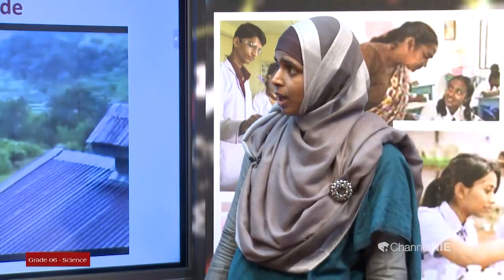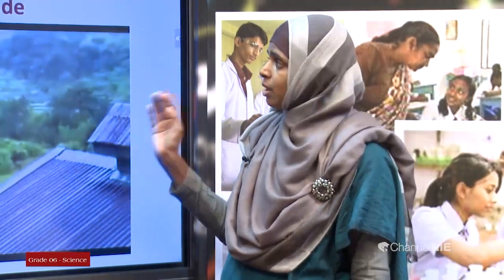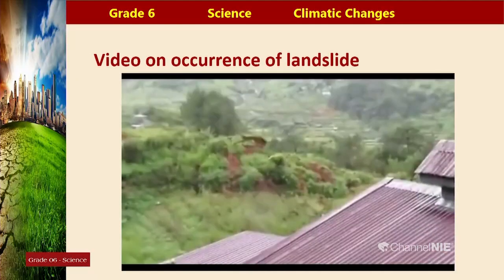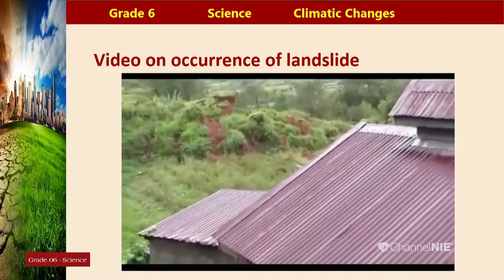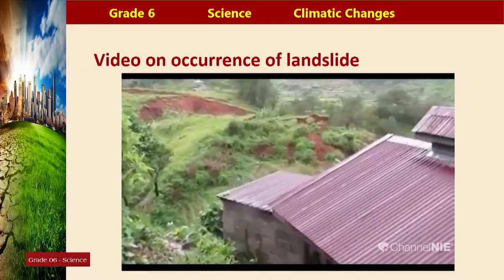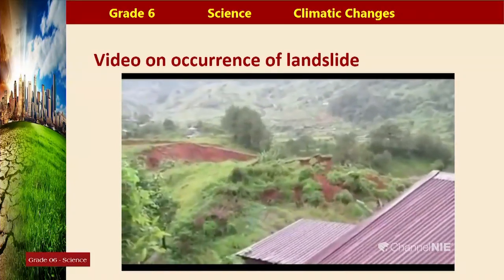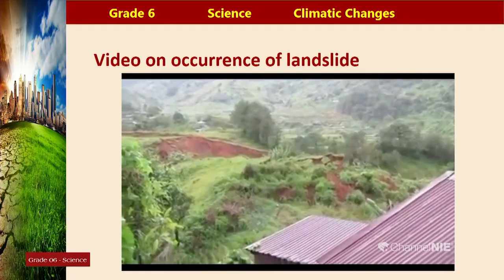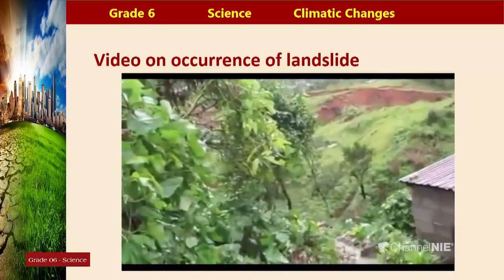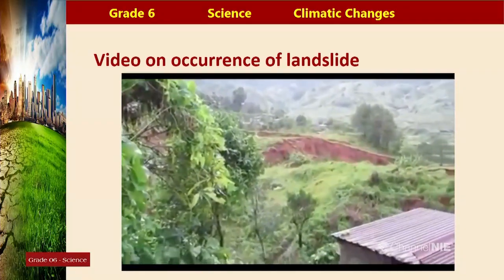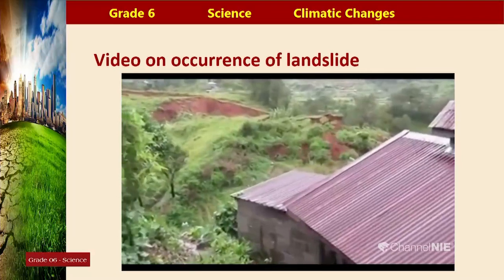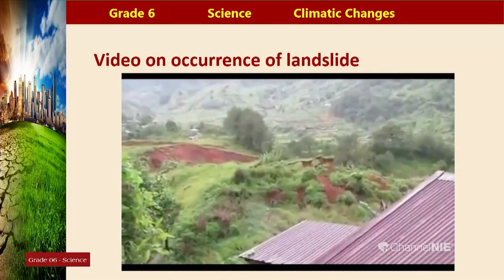Okay children, let us look at a video on the occurrence of a landslide, how a landslide would occur. You can see in the video, the whole mountainous area gets separated from the other area and drops down. It moves down, separated. It is going to cover the houses, right, all the mountain, soil, rock, and with all the construction, plants would move down whenever a landslide occurs. It happens slowly whenever there is excessive rainfall.